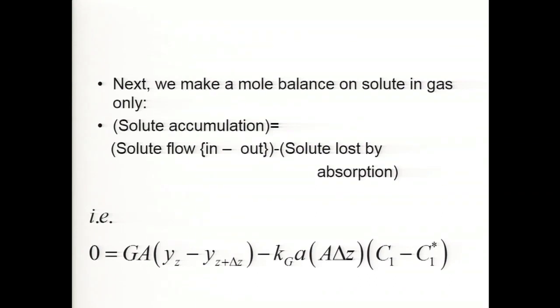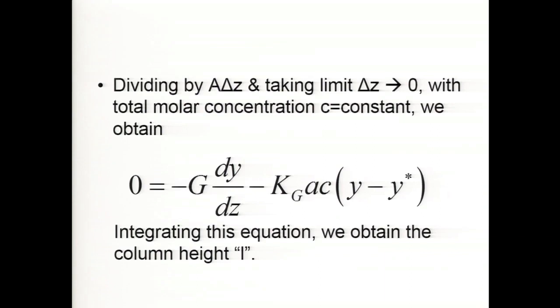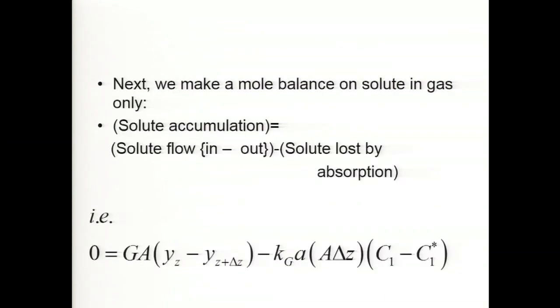Now if this is all clear, then you do the same exercise again quickly. Divide this by A delta Z, take the limit delta Z tending to 0 and you should obtain this other mass balance which includes mass transfer coefficient. This will give you the same term as earlier, minus G dy by dz, and there is one thing more which I missed out. This is the flux I told you, Kg times C1 minus C1 star. For the total mass transfer rate, you also need the total area, the specific area times the volume of that section. So this is read from that chart. A delta Z is the total volume, so this is the total interfacial area.